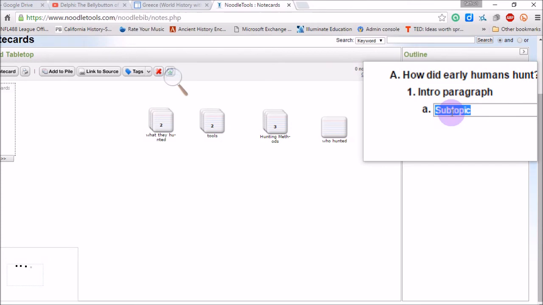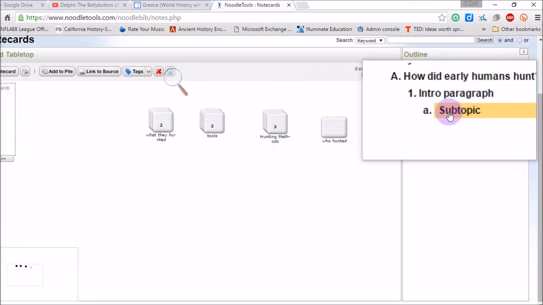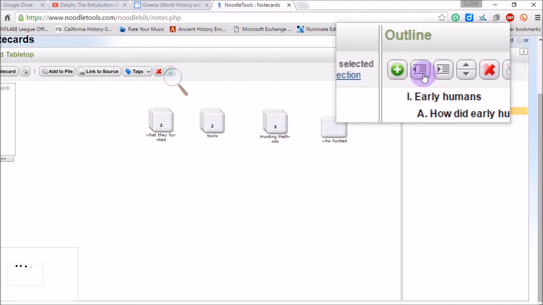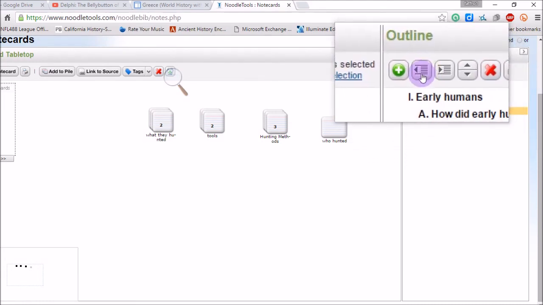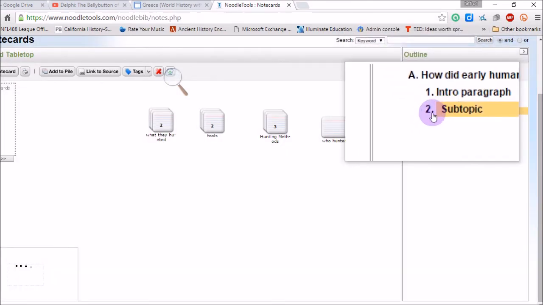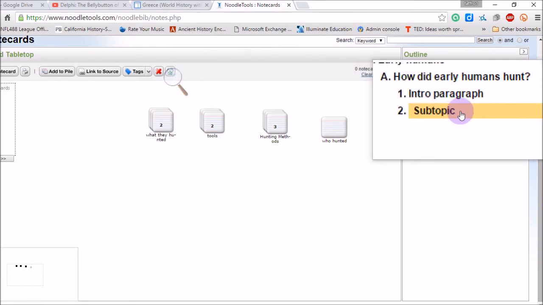So to do that, just simply click off. It's going to be highlighted. And you want to go up here to this button. There's the left arrow there. Just click on that. And you can see it has a 2 now, subtopic. So let's double click and change that subtopic to